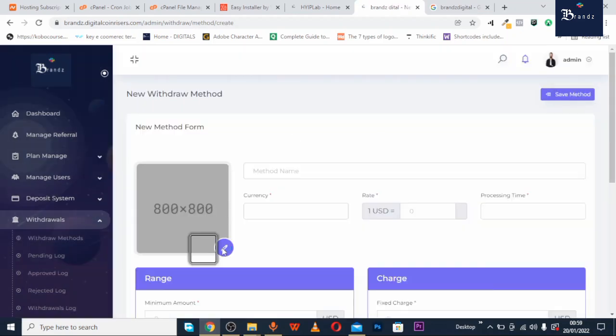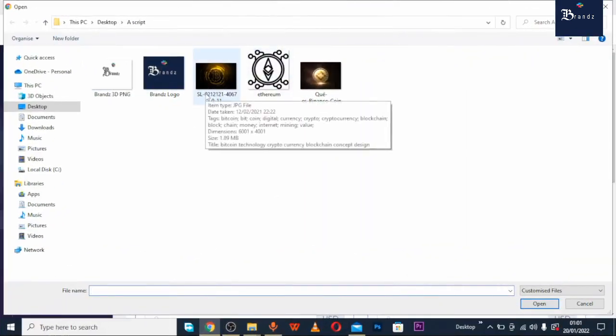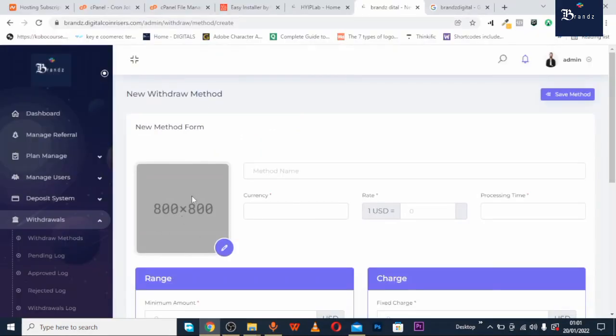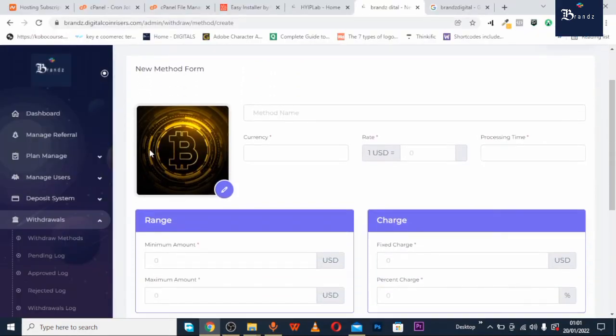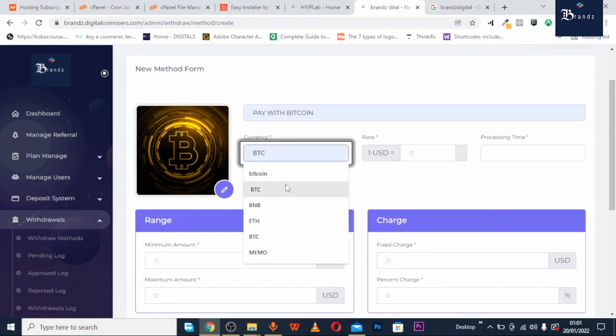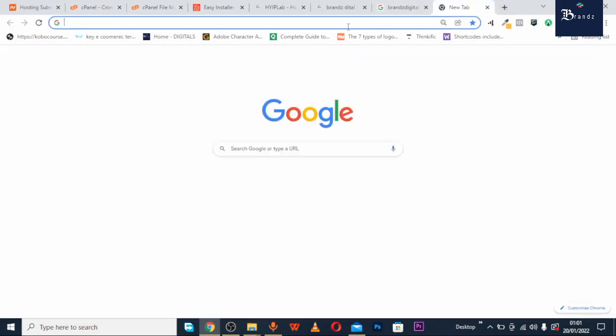So what I'm just going to use, click this, and I want to use BTC as my withdrawal method. Okay, all right, so I want to use BTC as the withdrawal, so you can put as many as you want depending on what you want. So I'm going to just upload the BTC logo. Yeah, so I'm going to call this pay with Bitcoin. So the currency is BTC. Now the exchange rate, depending on what you want, so I'll just go to Google and check